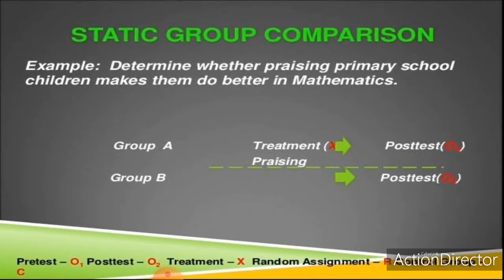Here look at this example. A researcher takes two groups, group A and group B. Group A receives treatment and a post-test is conducted. But in group B, the researcher does not give any treatment. That means without treatment, a post-test is conducted and a comparison is made between group A and group B. So this is the method of static group comparison. One group gets a treatment and another group doesn't get the treatment, and a comparison is made between these two groups for finding out the deviation of the result. So these are all about the static group comparison method.